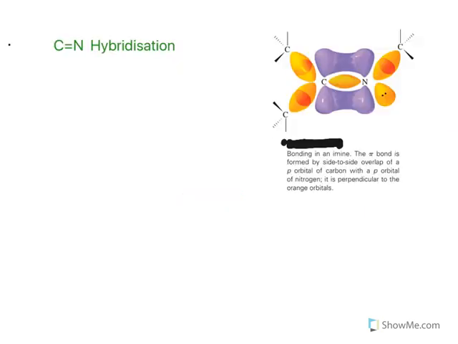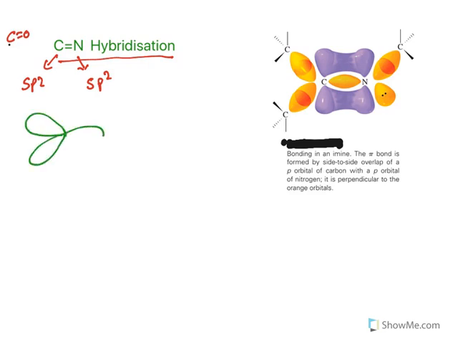Now, after this, let us see the hybridization in the imine group. The carbon is sp2 hybridized, and nitrogen is also sp2 hybridized. This is very similar to the carbonyl carbon, C double bond O. Now, how will an sp2 hybridized carbon be? It will be like this. Trigonal planar, we have seen from the first lecture, and the unhybridized p orbital will be perpendicular to the plane.